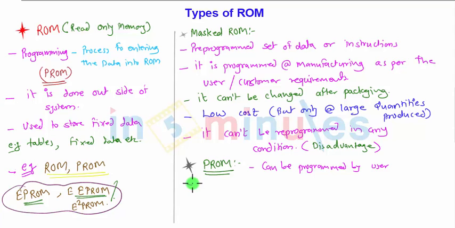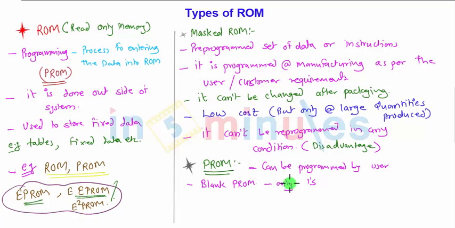Means what? When the manufacturer designs it, it consists of a field of all ones. If you look at the content of a blank PROM, the data is made up entirely of ones. So if you consider a blank PROM which is not programmed yet, after manufacturing the package contains only ones. The programmer or the user who wants to design the circuit will program it in such a way that part of the ones will remain and the rest will be made zeros with the help of surge current passing through it.